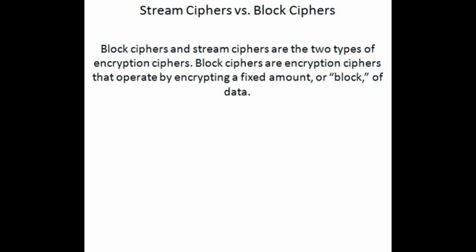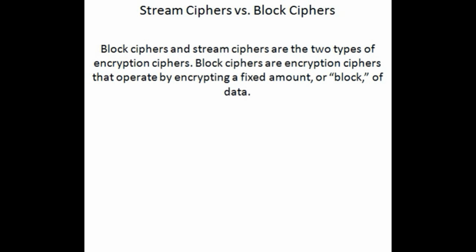Stream ciphers versus block ciphers. Block ciphers and stream ciphers are the two types of encryption ciphers. Block ciphers are encryption ciphers that operate by encrypting a fixed amount or block of data. The most common block size is 64 bits of data. This chunk or block of data is encrypted as one unit of clear text. When a block cipher is used for encryption and decryption, the message is divided into blocks of bits. Blocks are then put through one or more of the following